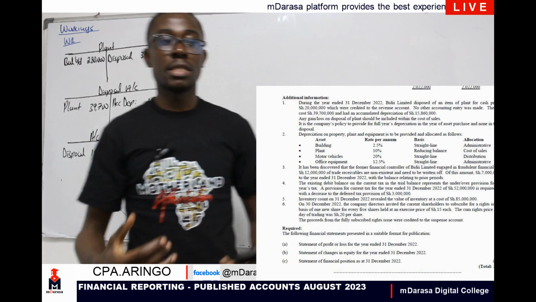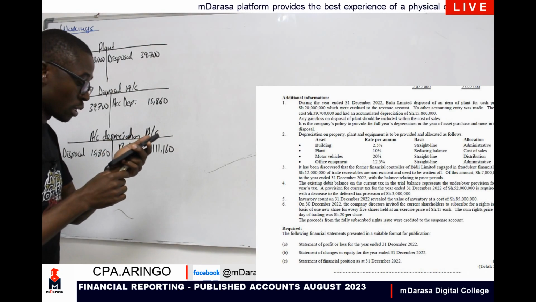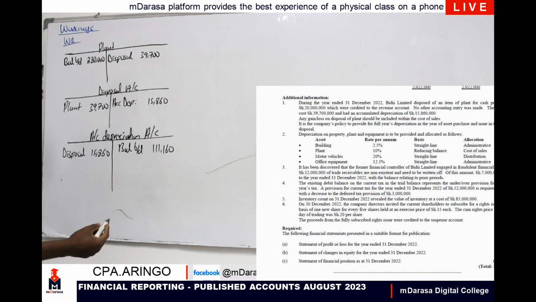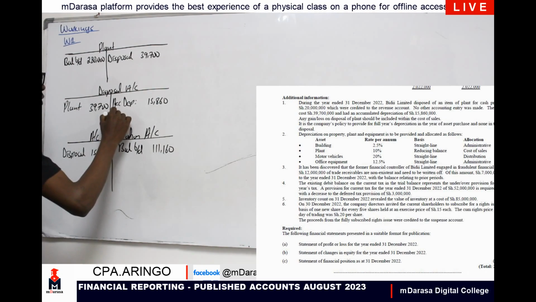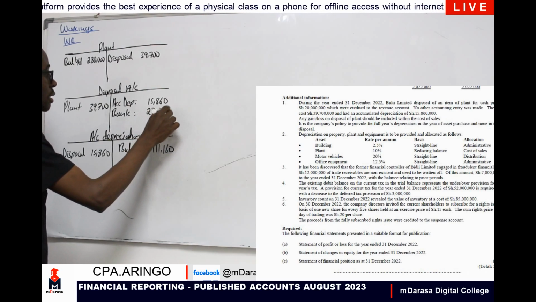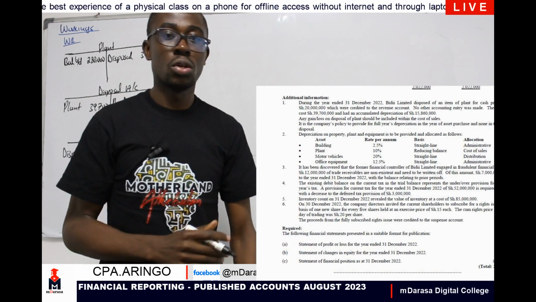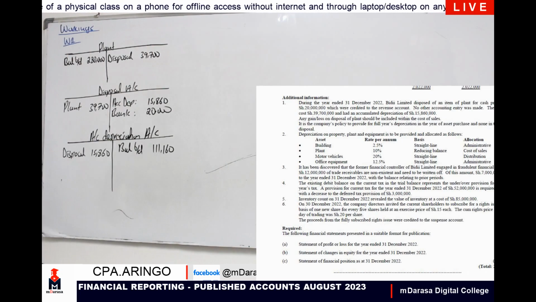The next item is to record proceeds on disposal. How much did you receive when you are disposing this asset? We are told that we received a value of how much? We received 20 million. So 20 million, literally, what are we going to do? I'm going to have here our bank. So debit our bank or cash with 20 million and we credit our disposal account with the same value. So as at the end of the day, whatever that I'll be having here now, my good student, is, if I told you to close this, what will you be having?